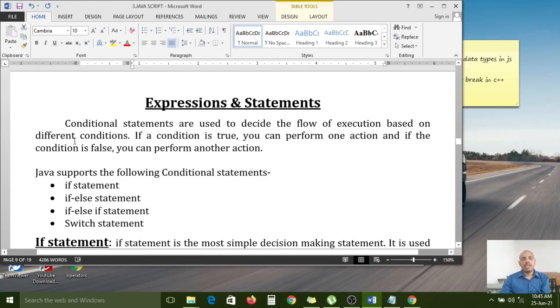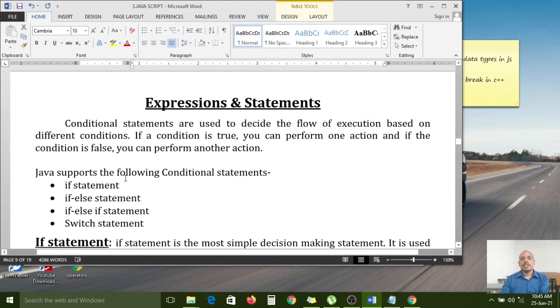For example, I would like to explain the condition with a real time example. Suppose a person wants to use an application, and the person may be a student or may be an employee. So I have an application to check who that person is.